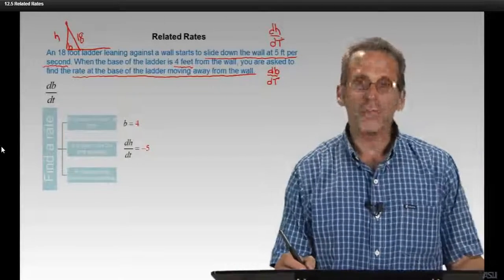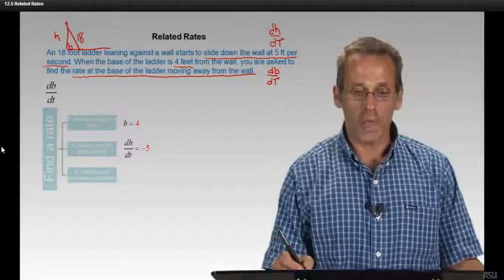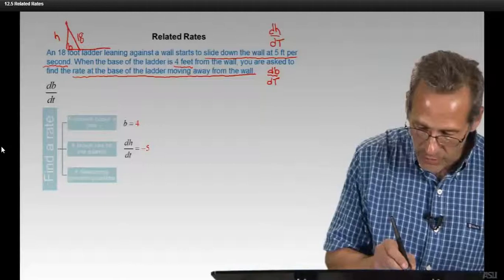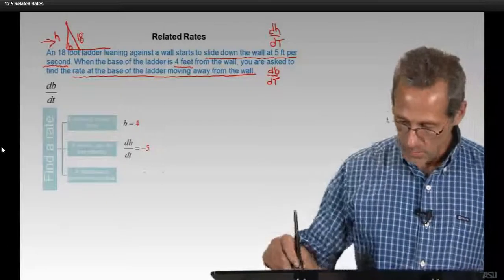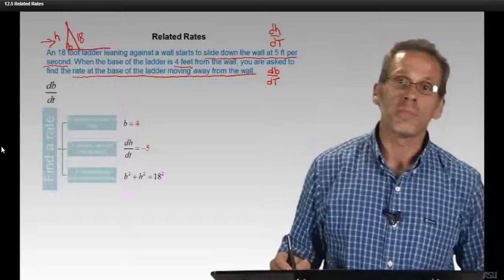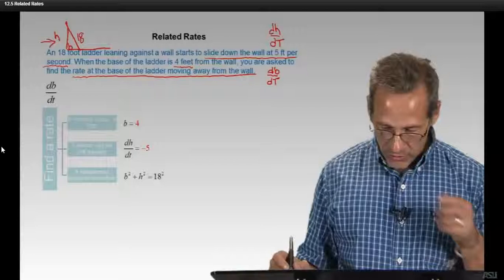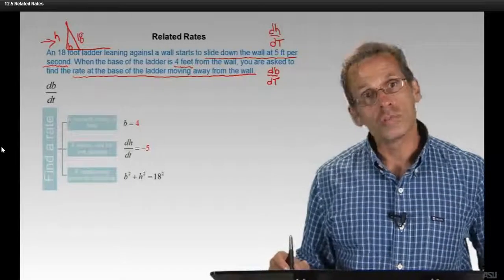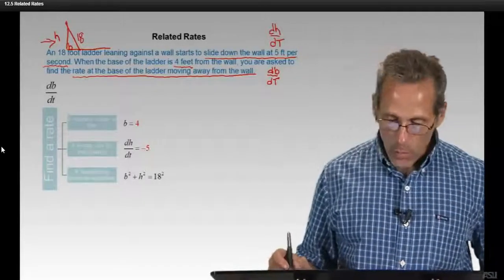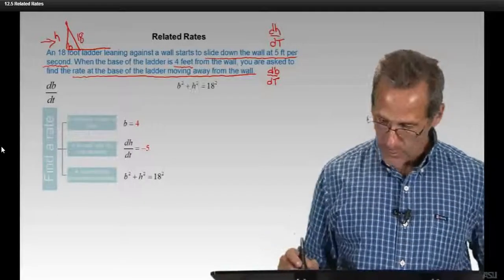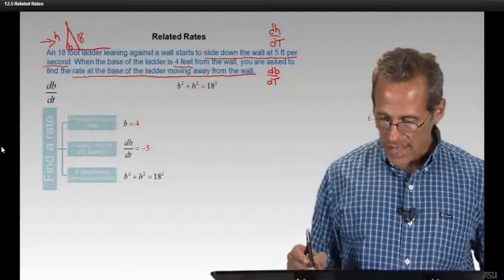Now, what's the relationship between the quantities? I refer you back to this figure that we have sketched. Do you see a Pythagorean theorem? Height squared plus base squared is 18 squared. Now, what are we given? Well, if I write down this equation,